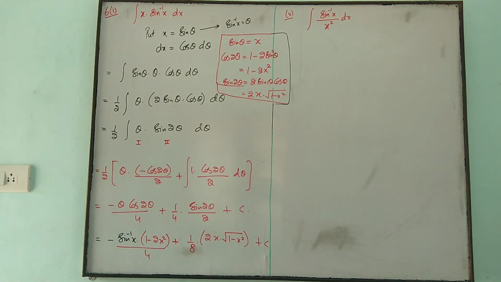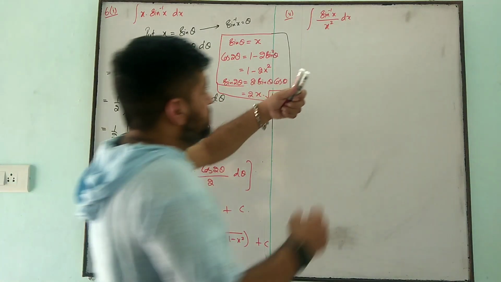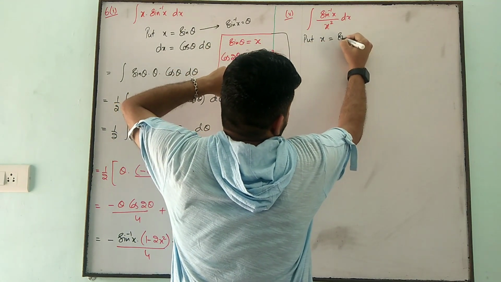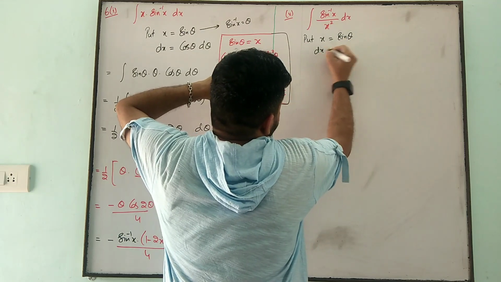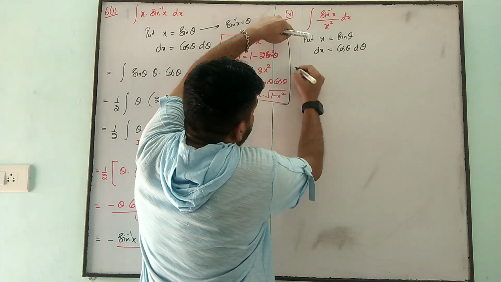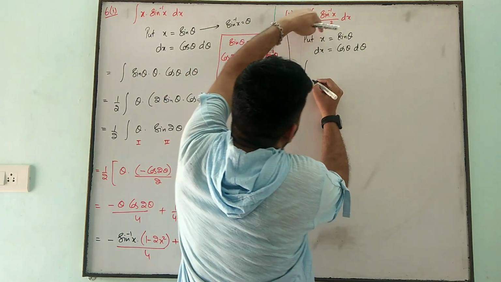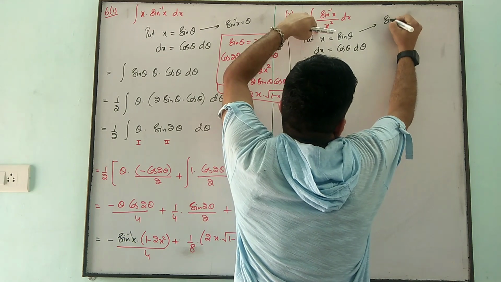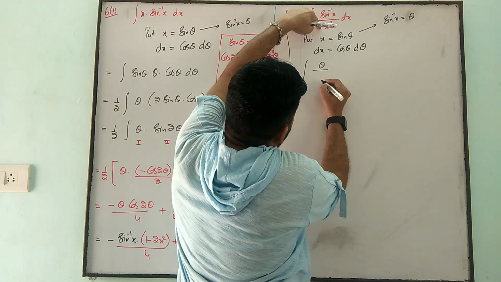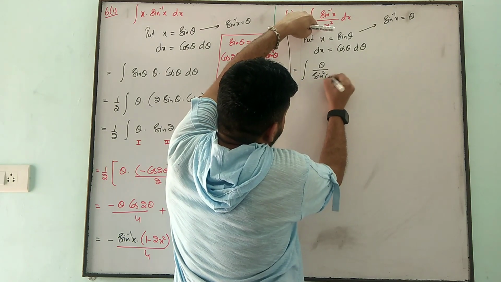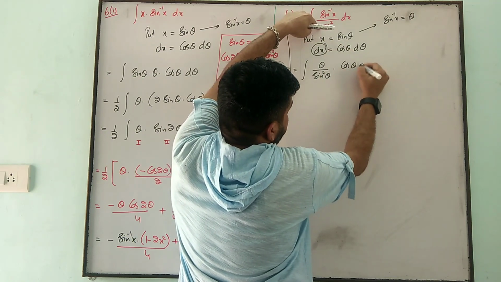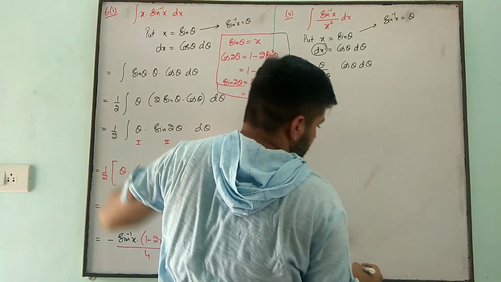Okay, we have sin inverse x upon x square. So we can put x is equal to sin theta here, so that dx is equal to cos theta d theta. Now the question changes to sin inverse x is theta, upon sin square theta into dx. From here dx is cos theta d theta. So now as you can see,